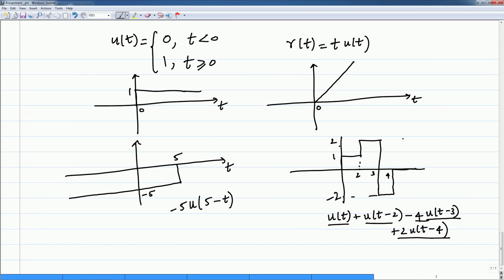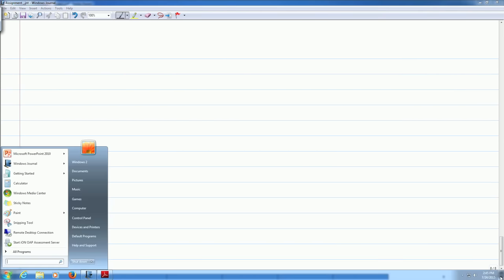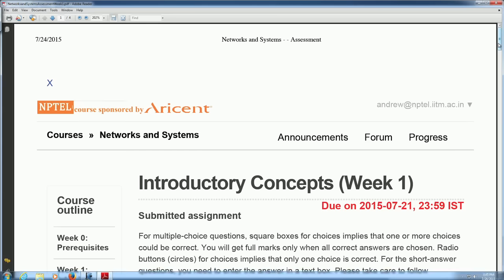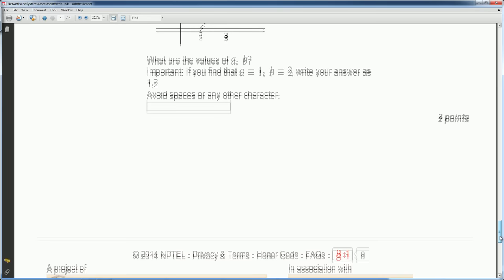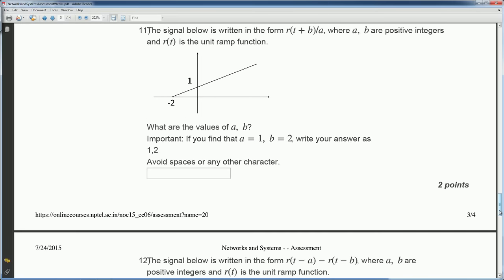This is not very hard to do, but hopefully you've seen how this is done. Okay, so this is in terms of unit steps, and what is being asked in your question is unit ramp, right? So, if you go to the last couple of questions, you are asked about writing a signal like this, which starts at minus 2 and increases with a certain slope such that at 0 the value is 1. Okay, so that's the signal, and you have to write it in terms of the unit ramp